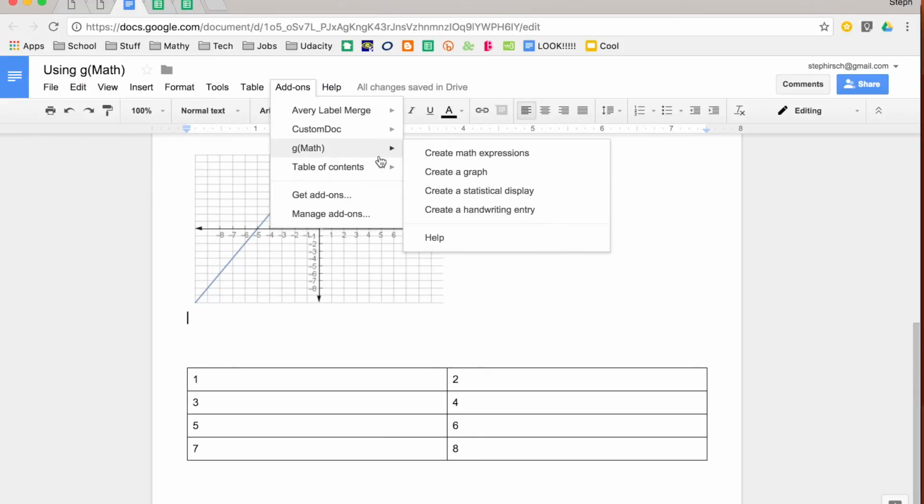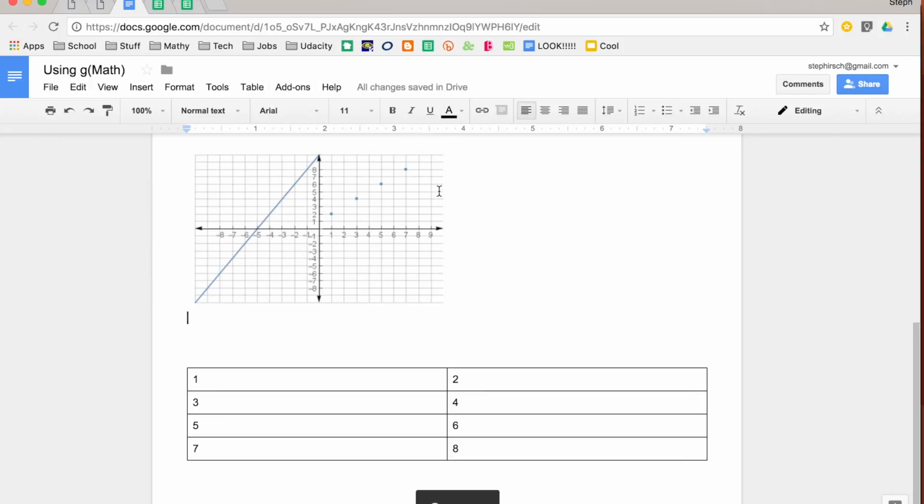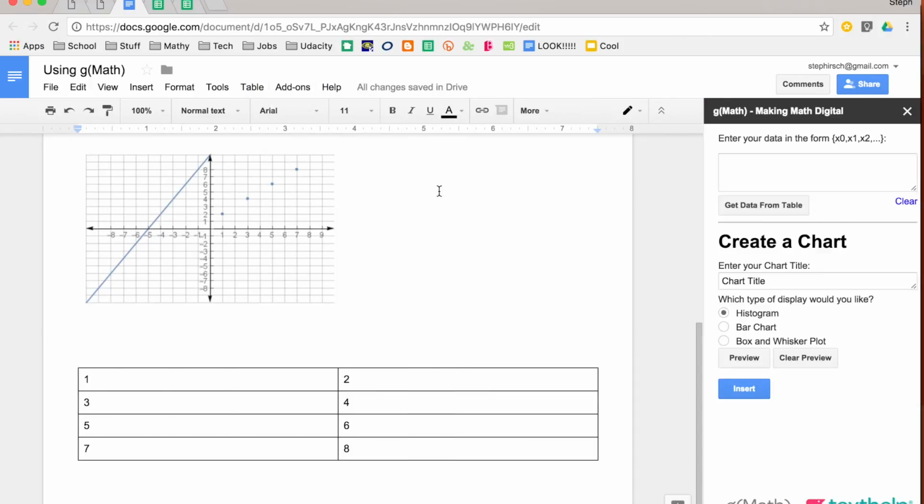The next one that I wanted to show you is statistical display. Right now there's only a few statistical displays that you can look at, but they're pretty handy. First off, you can enter your data as just a list of numbers, or again, you can choose to get your data from a table. I'm going to do it that way. So I'm going to select my table, get the data, and it will pull it all in for me, which is very cool. You can title your chart